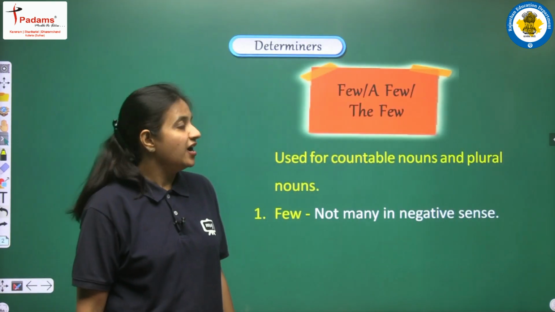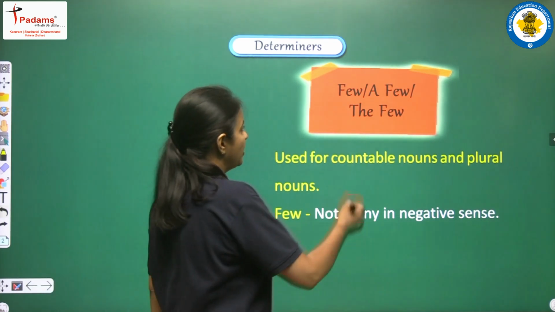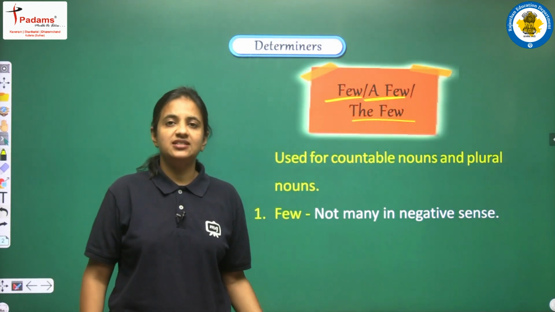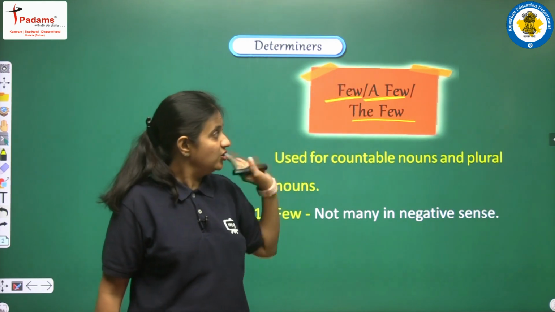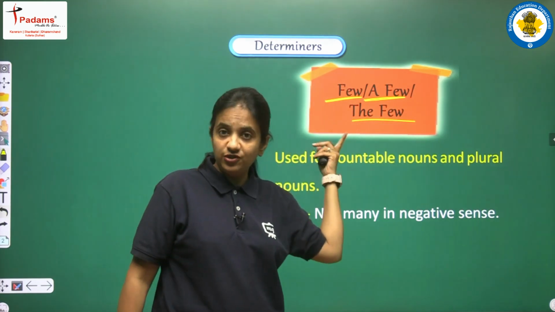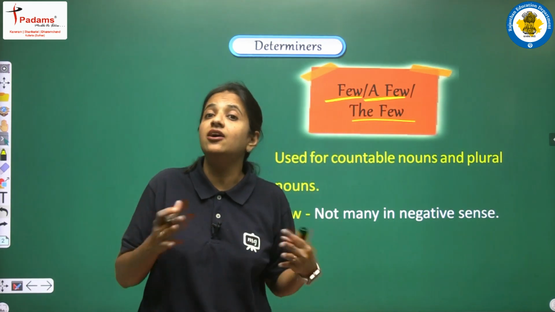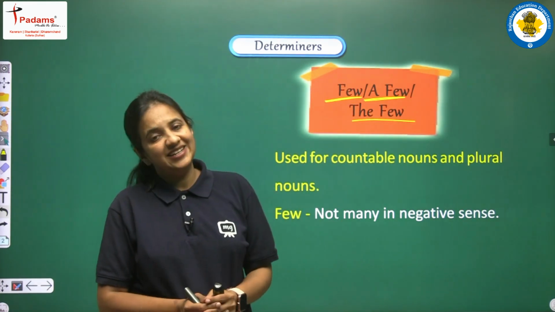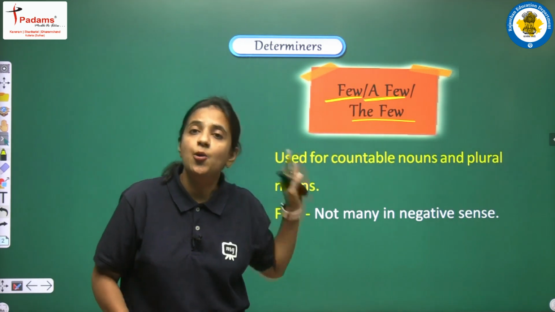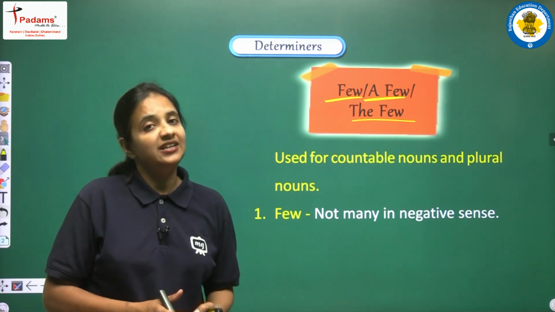So now students, we have some new determiners here with us. First of all, let's read. Here we have few, a few and the few. Now we will discuss these three determiners. Here you can notice one thing, that few is common in these three determiners. The first one is only few, in the second we have a few, and in the third determiner we have the few. These are three determiners, and yes, we have different uses related to these three determiners. How we have to use them and what meaning they give to the noun, or we can say to the sentence, that we will talk about.